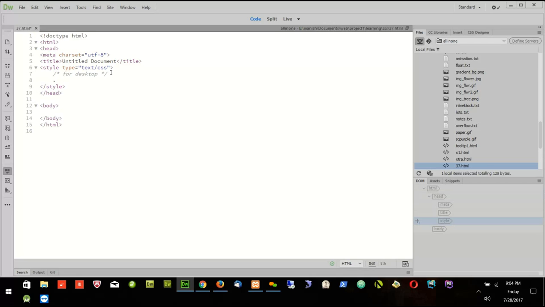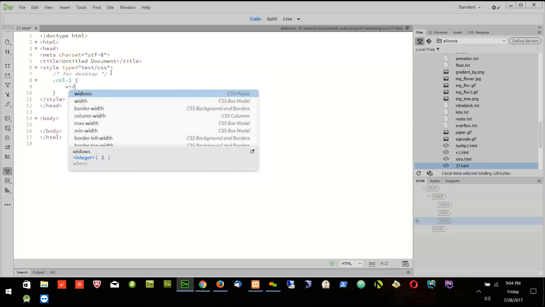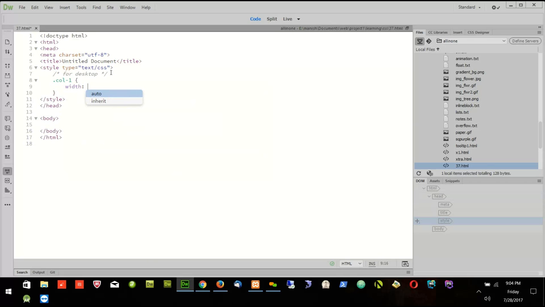I can create a class, for example, col1, and I will say the width of this col1 should be some value. People have calculated the width. If we have 12 columns, and I want to do only col1, then col1 should be 8.33%. This is something people have calculated, that if we have 12 parts, then each column of one part will be 8.33